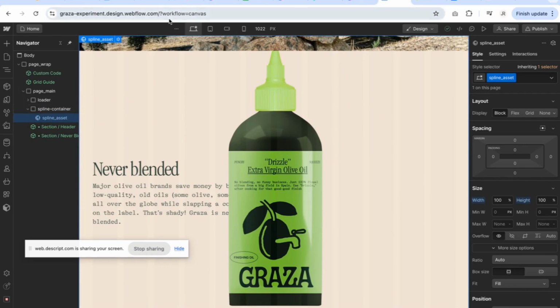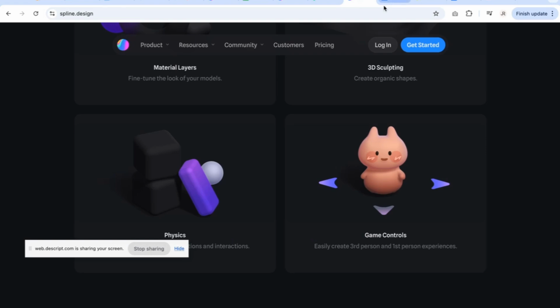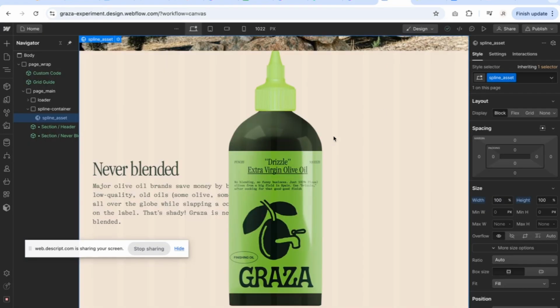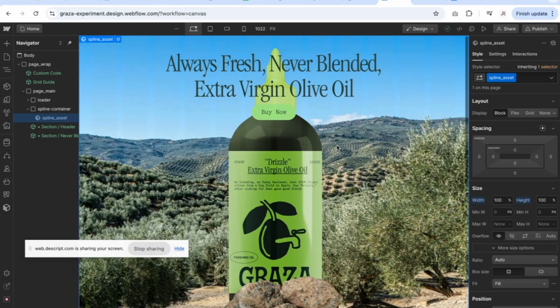Now, you can do some animations within Spline, but if you're going to put the asset within a Webflow website, I urge you to focus on doing the animations within Webflow itself. You have a lot more control. And what I've found is that the animations themselves are less buggy and glitchy. I just find it's a smoother experience if you do everything within